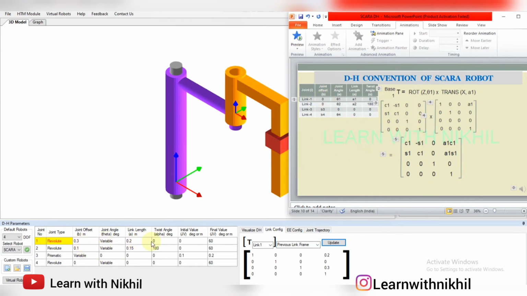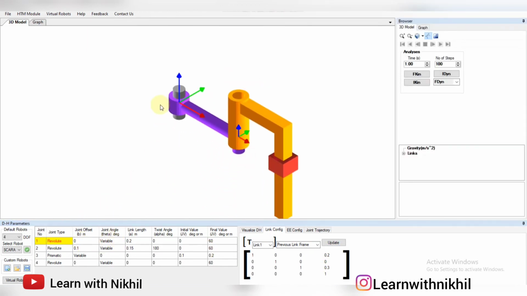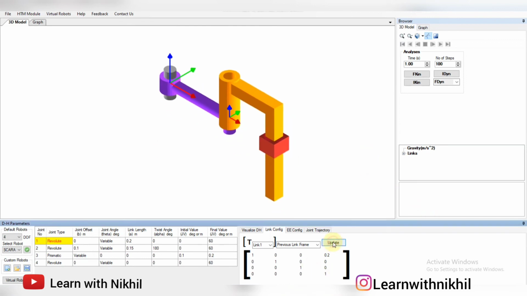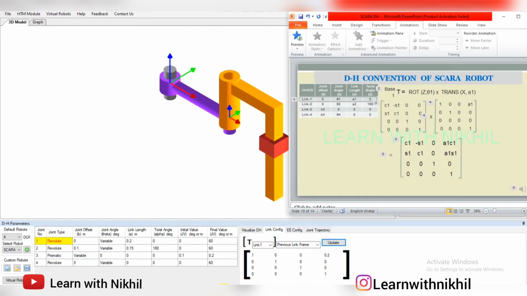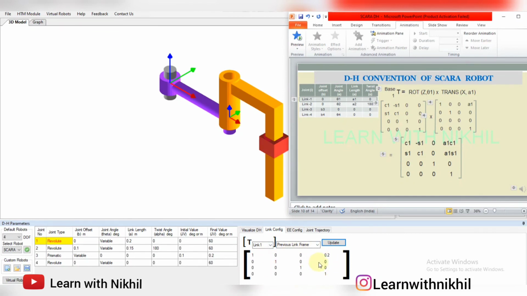So if you put these values, you will get this frame minus this 0.3, because here the B value, joint offset, if I put the joint offset as 0 and click on update, now this matrix, if you put the values of theta 1 and A1 into this matrix, you will get these values. You can substitute and you can check it out.